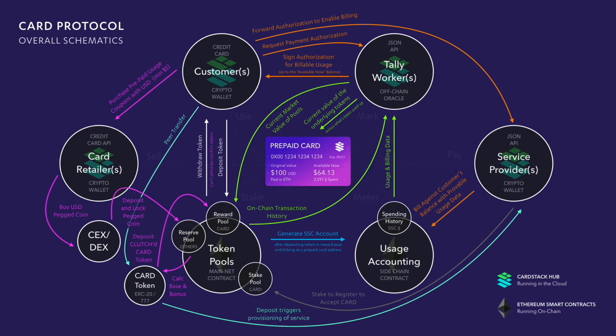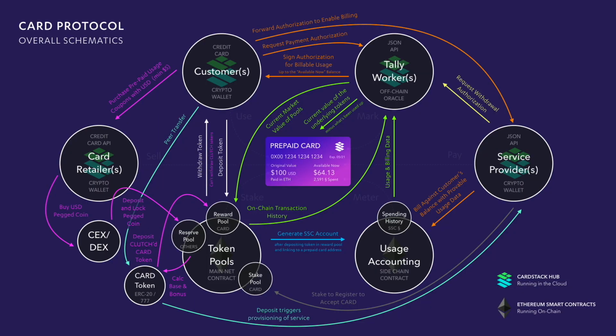So this is now, as you can see, pretty close to how credit card systems work, with authorizations and stuff like that. And because of delayed settlement, which allows us to do microtransactions, especially with long-term billing relationships, which is what we want to facilitate, you need all these things. And then the last step is when the service provider wants to withdraw, they go to the tally worker and say, hey, look at not only what this customer is spending, but all the customers, 1,000, 10,000, 1 million customers going on, each with different prepaid cards and balances.